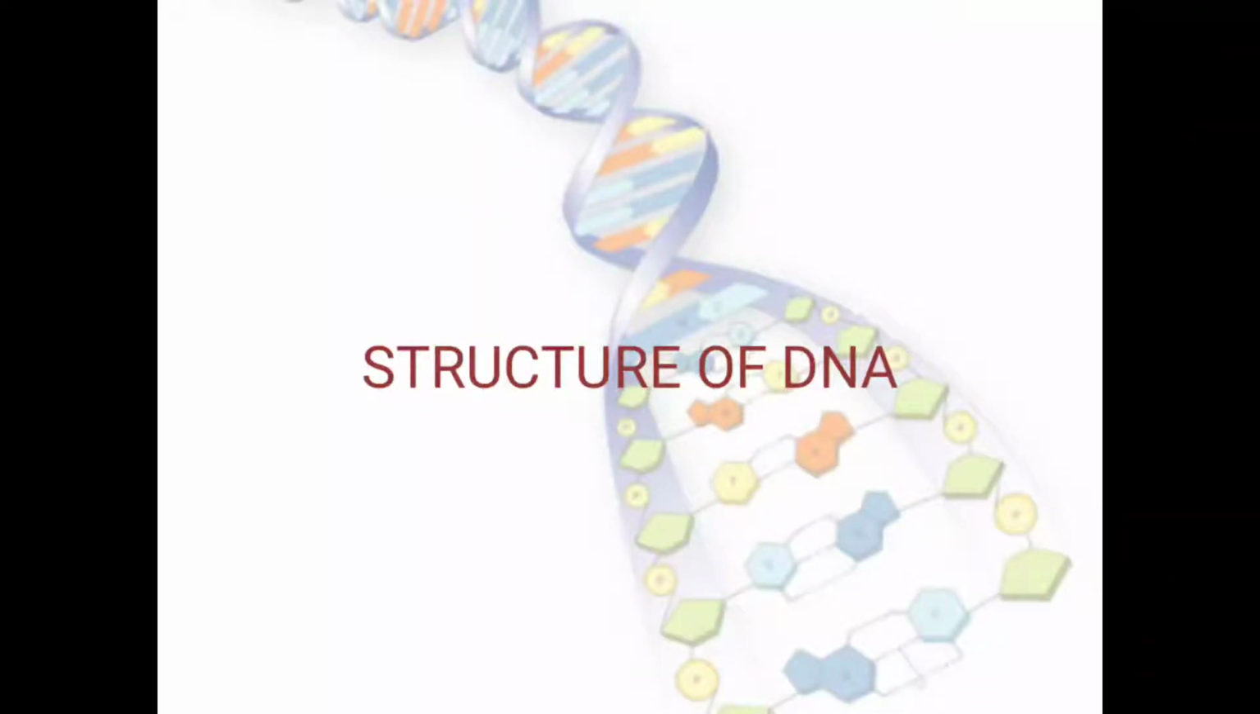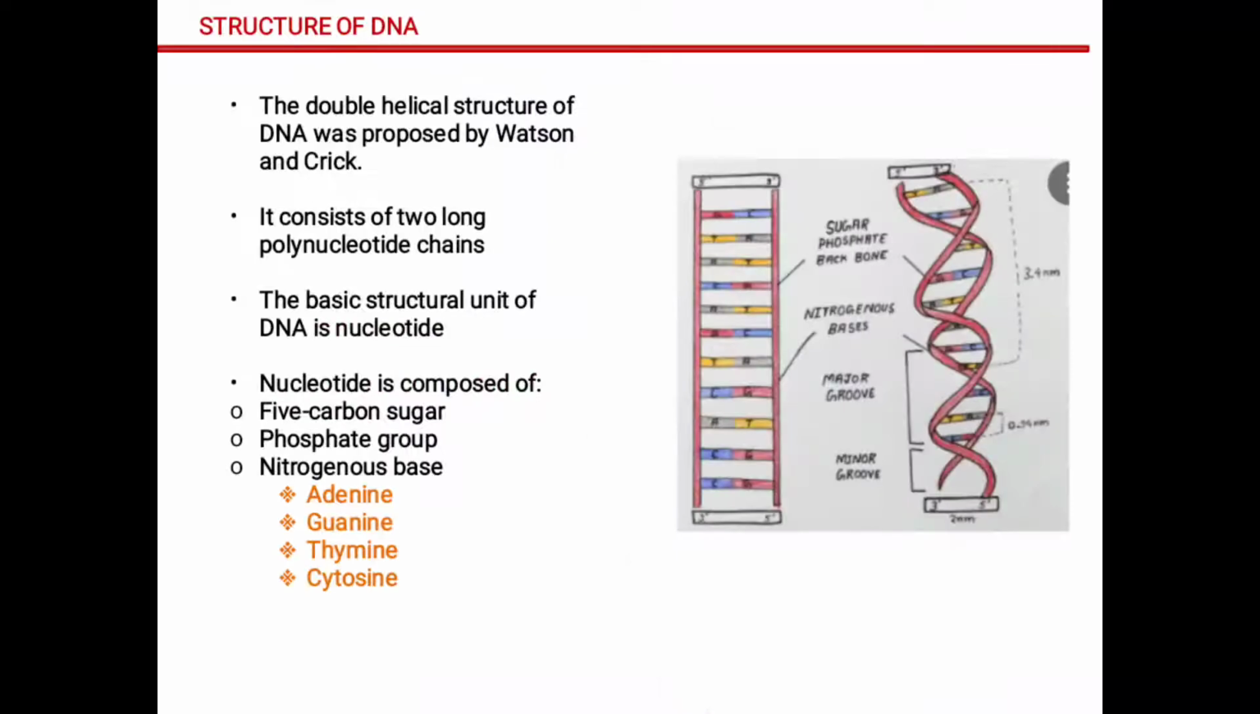Today I will be discussing the structure of DNA. The double helical structure of DNA was first proposed by Watson and Crick, and according to them the structure of DNA is made up of two polynucleotide chains, and the basic unit or the structural unit of a polynucleotide chain is the nucleotide. That is, a nucleotide will repeat in itself to produce a polynucleotide chain, and a nucleotide is made